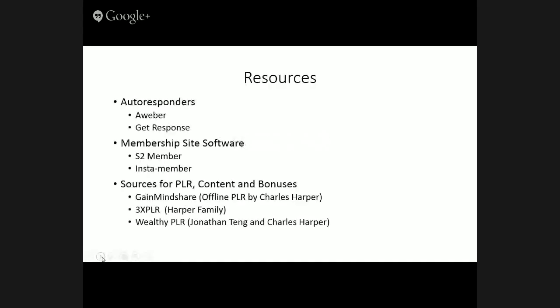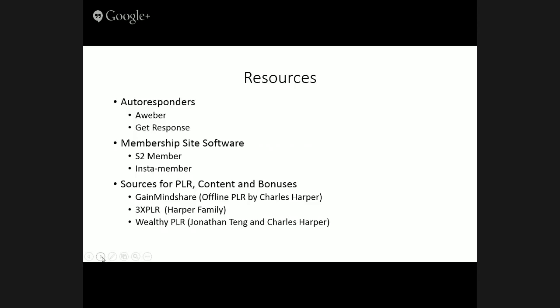I want to start by going through some of the resource section, and I want to touch base first on getting your courses done and the reason I put these resources in here. One of the things you're going to need in order to keep in contact with people is an autoresponder. Most of you probably already have one. If you don't, you can get Aweber and GetResponse. I probably don't have links in there, but you can certainly use the links you get for Aweber and